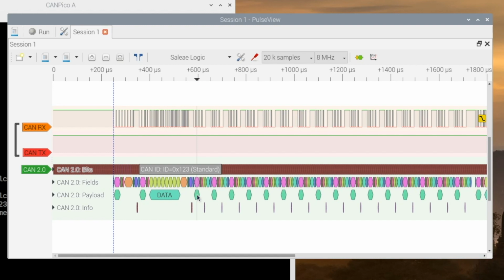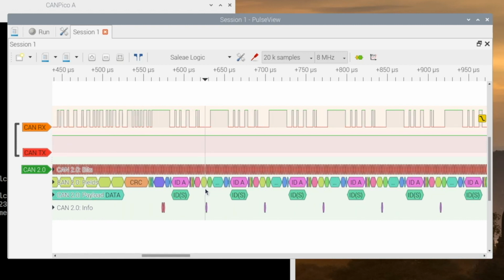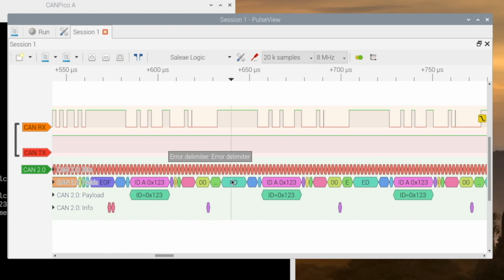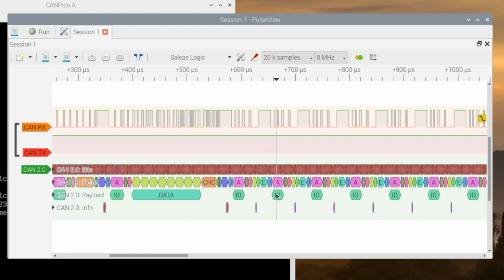And then here is ID 123. This is where both the transmitters are trying to send the same frame ID and overwriting each other. And of course, one has a slightly different payload to the other, so that will generate a bit error. Eventually that leads to error recovery and the superposition of all the error frames and the normal CAN error process. Here the logic analyzer decoder has seen a stuff error. Then we get the error frame, which is the error flag and the error delimiter, into frame space, start of frame. It starts sending 1, 2, 3 again, and on and on we go.